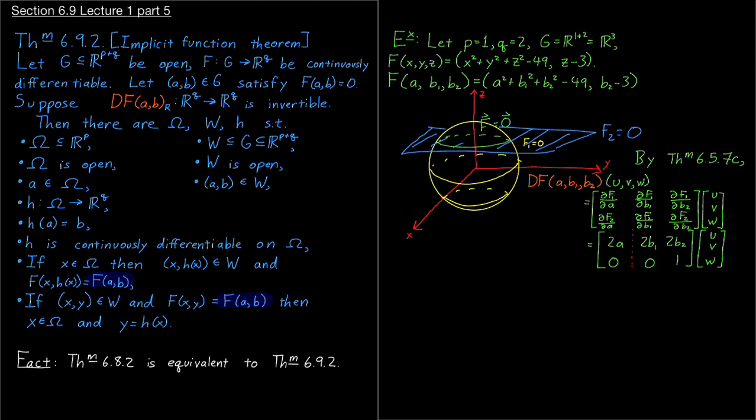Yep. So our right-hand bit, DF of a, b1, b2, the right-hand bit acting on v, w, that's just multiplication by the matrix 2b1, 2b2, 0, 1,